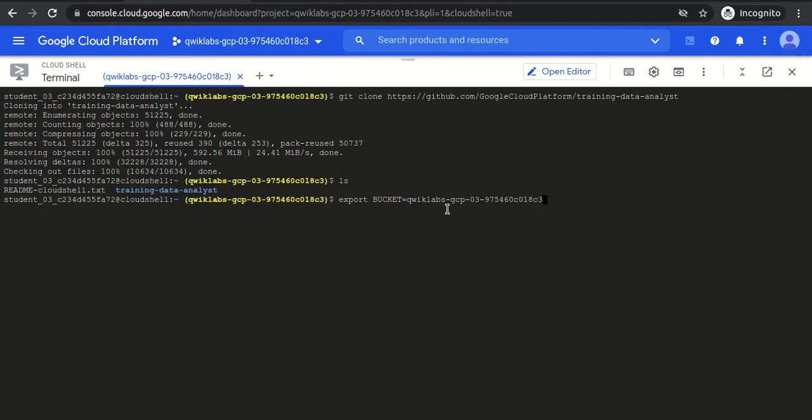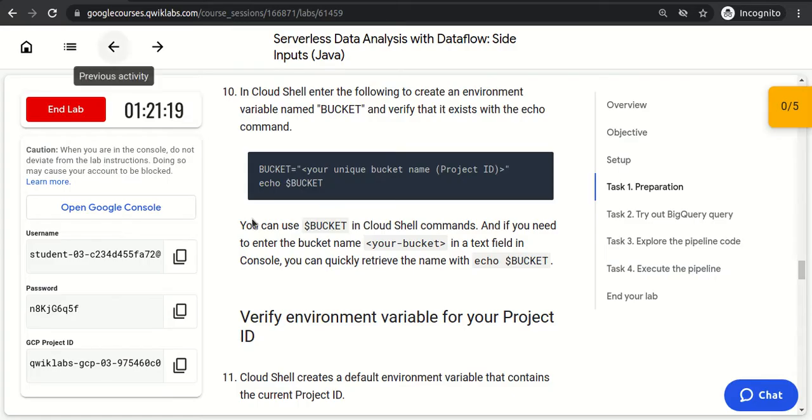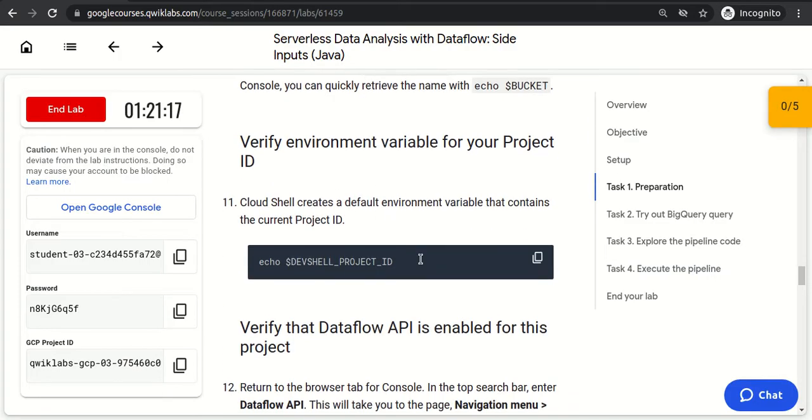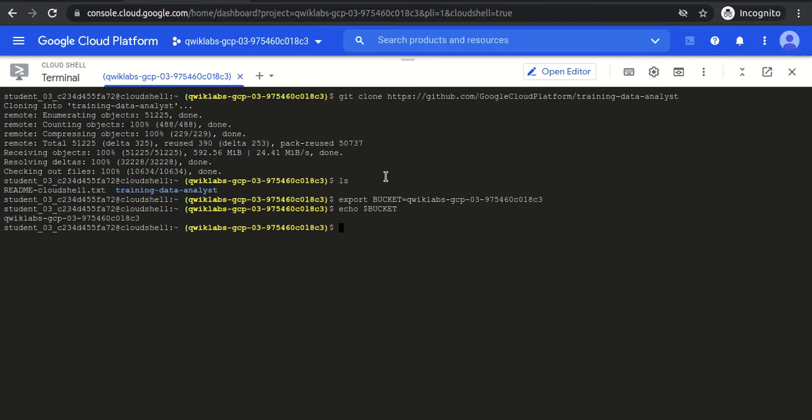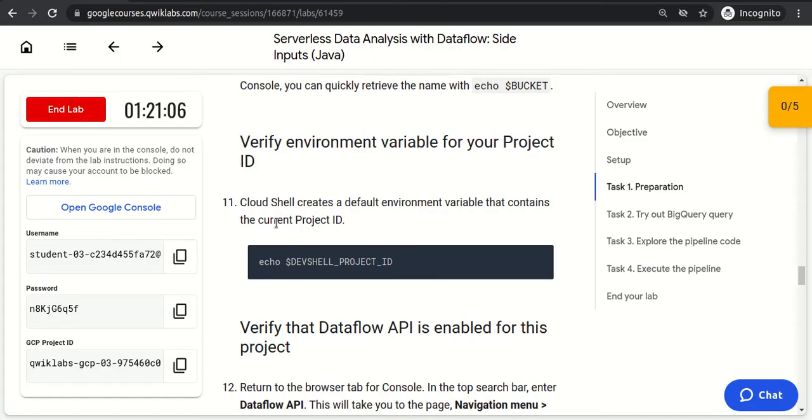So I am exporting the variable. If I do echo $bucket, the bucket variable is set. This is already done. Now we have to use the project ID as well. The project ID is stored in the devshell underscore project underscore ID variable, so it already picked it up.